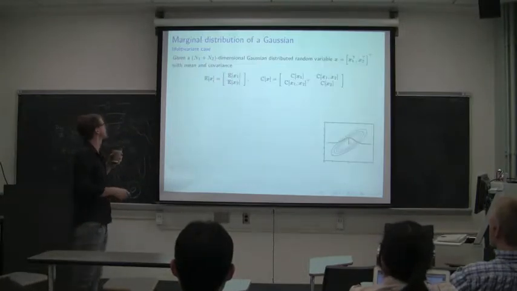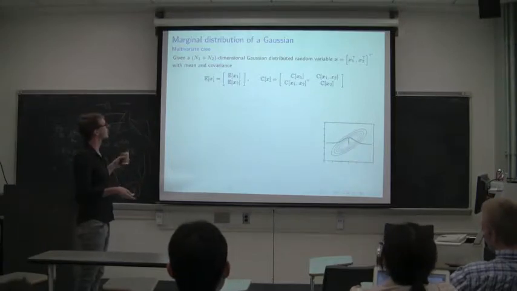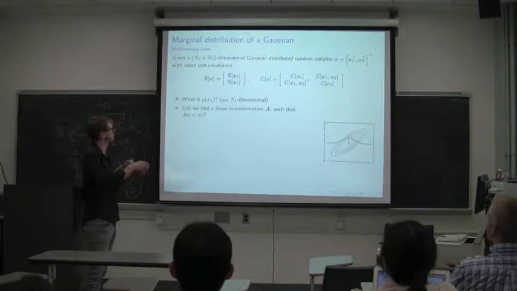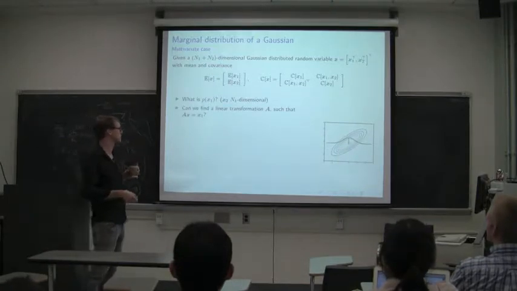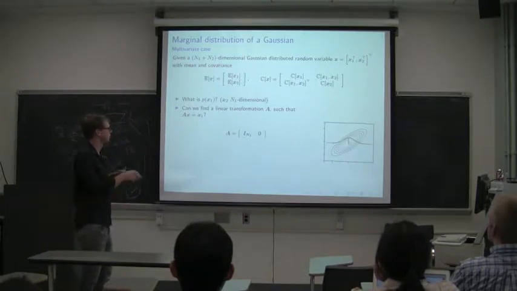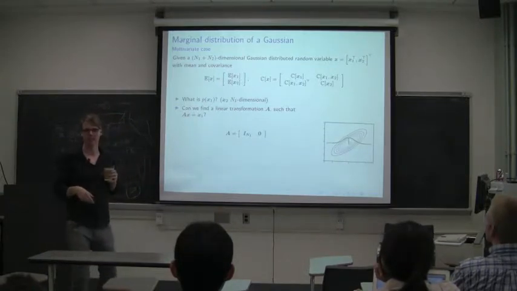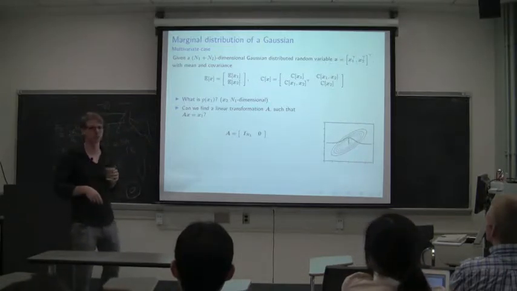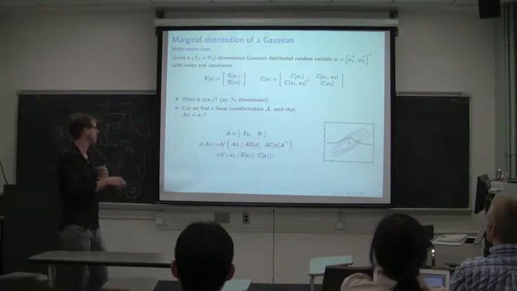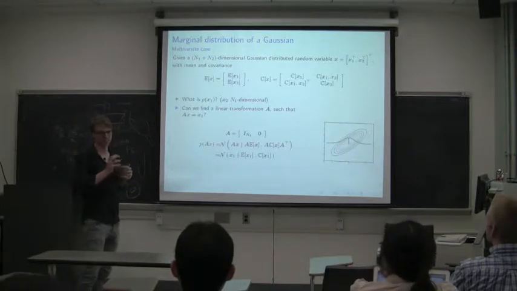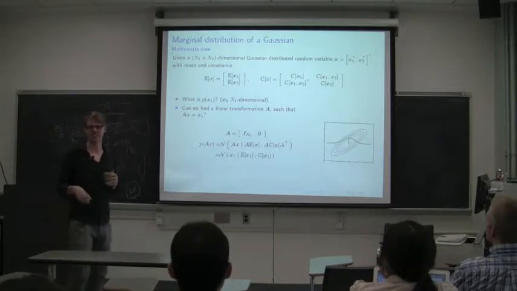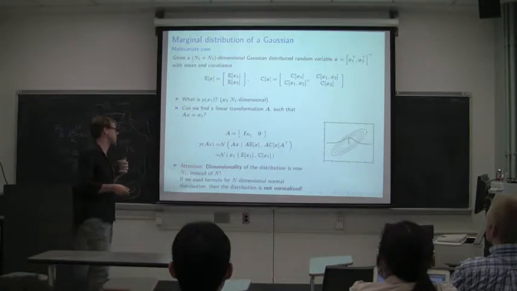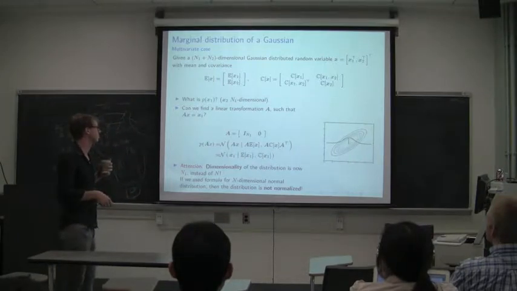Okay. But if we have a multivariate Gaussian, we can use this trick that we can write the marginal distribution as a pretty simple linear transformation, where we just set the part that we want to marginalize over to 0. We can find the Gaussian distribution that looks like that, and it has this form. Note that this is not a proof, but